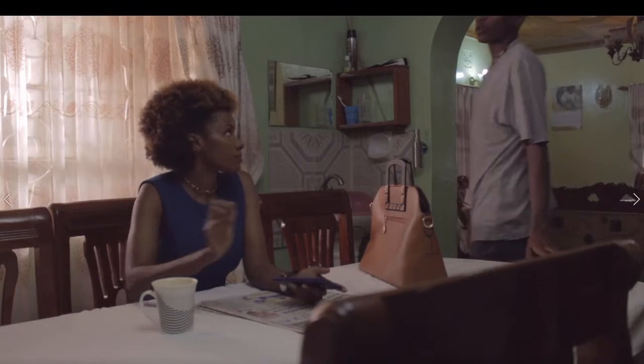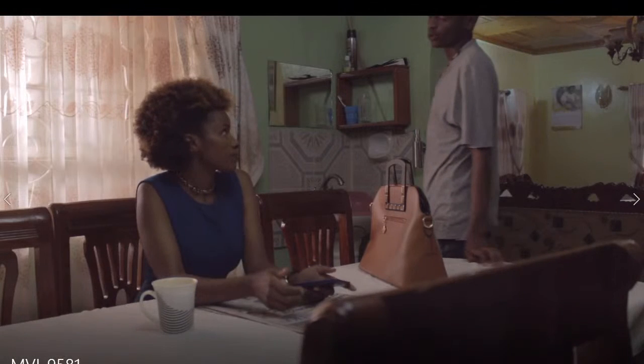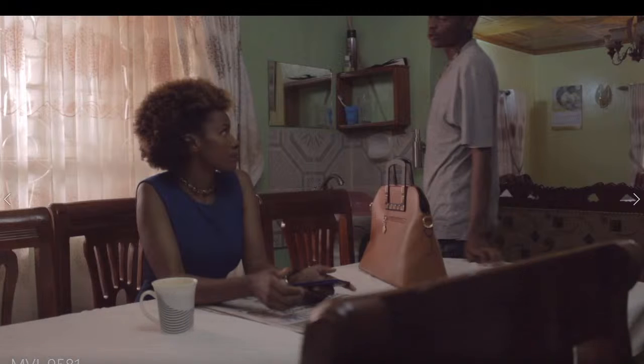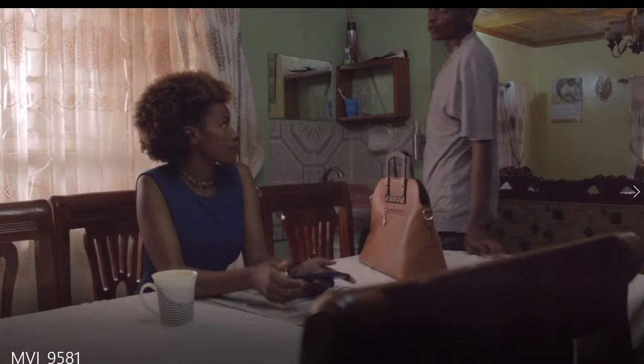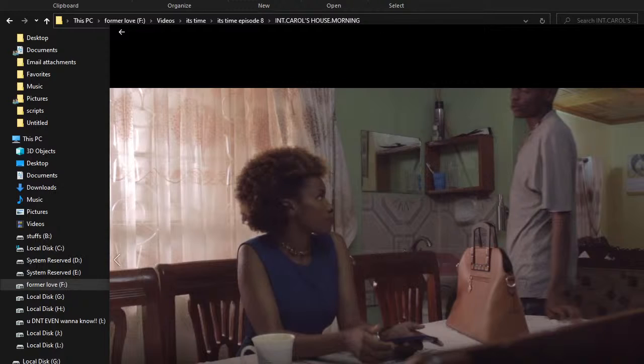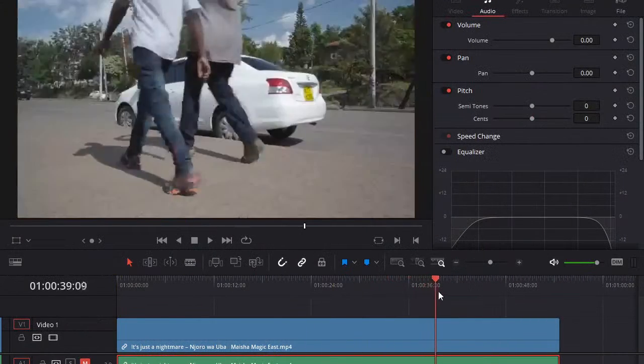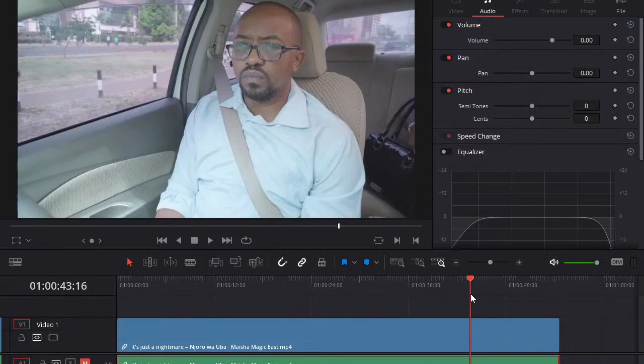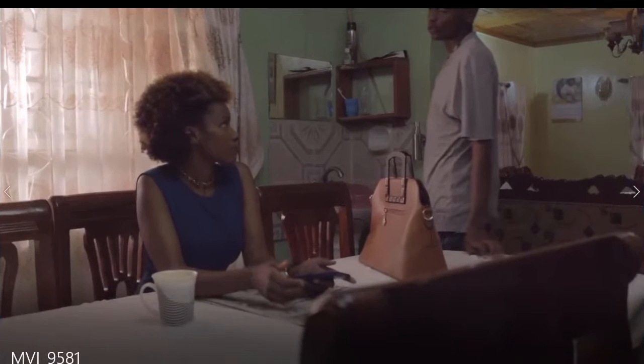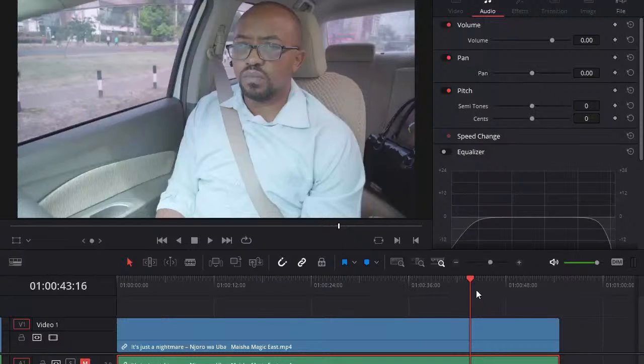I can also notice that there's a bunch of noise in the image, which is a problem with my camera. But this is a very good example, and you can see this is very flat. It's almost the same as these ones here, okay, and these ones are already produced. That's why I was saying that a colorist should be able to notice such stuff.